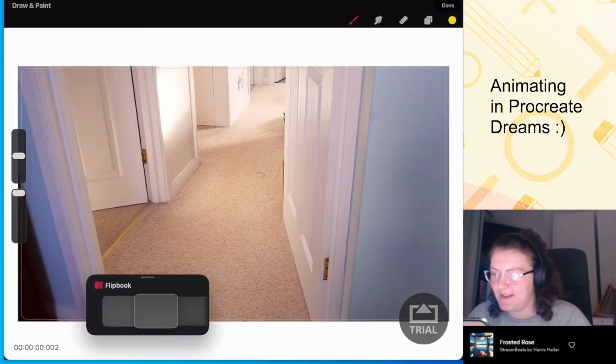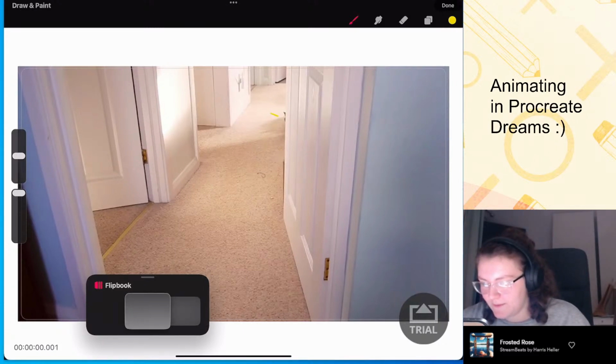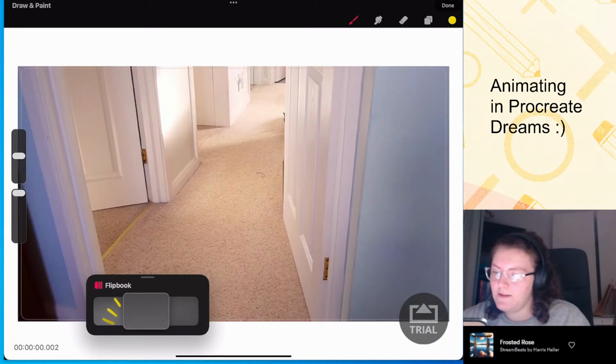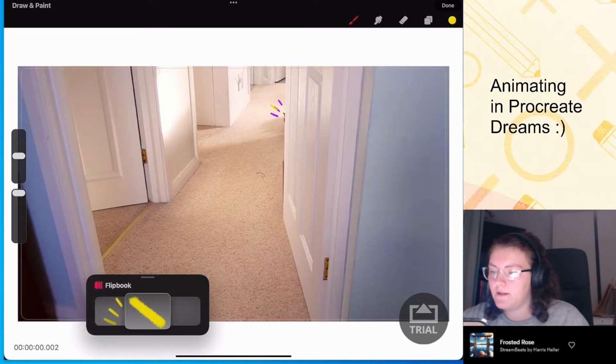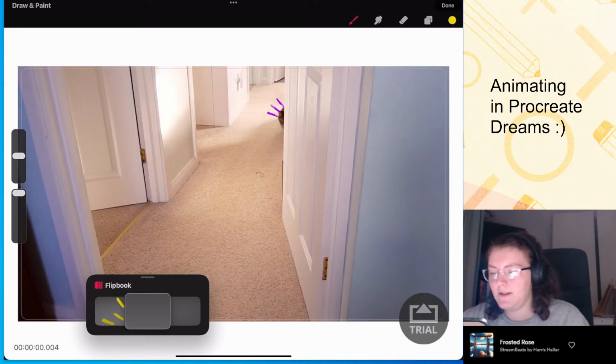We'll see. So if we have that there, and then we're going to open up the onion skin. Like this. Then we're going to have it